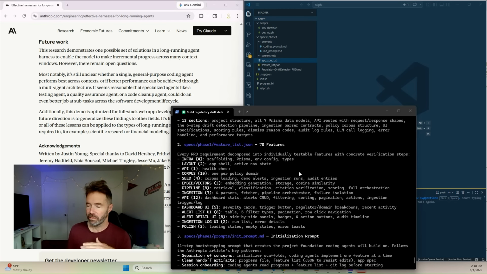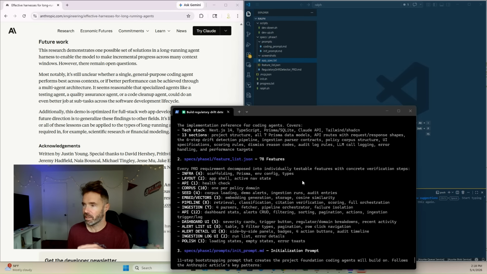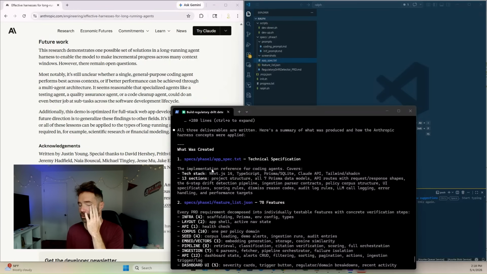Like I mentioned, I didn't give it any previous information about the tech stack, so it looks like it generated a tech stack, and it put it in the app spec. So right now it's recommending Next.js 14, and I actually think we're at 16 now, so we'll update that. TypeScript, that seems good. Prisma for the ORM, that's great. Claude API, that's fine. Tailwind and shadcn, I don't know how you say that, but anyway, that's popular right now. Yeah, definitely Tailwind. Project structure, Prisma, API routes,